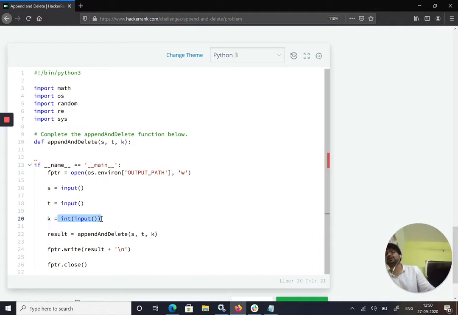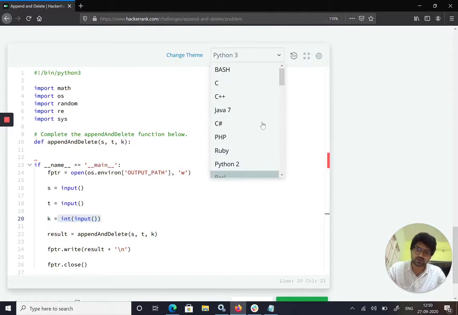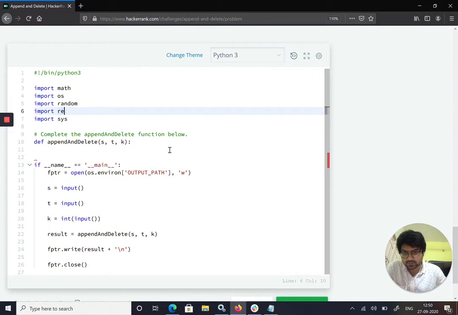HackerRank will automatically provide the inputs to you. We will be solving the problem in Python 3 today, and we can also solve in other languages. We can select another language by navigating here, and as I am good with Python, I will be using Python 3.